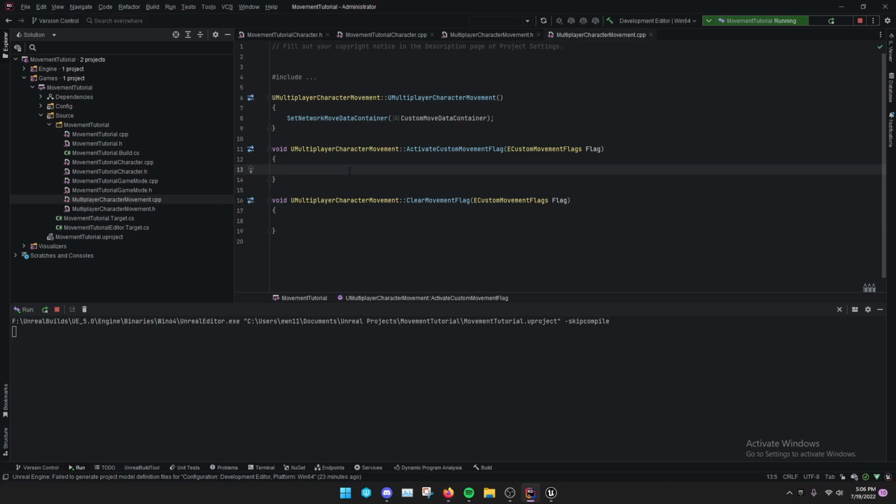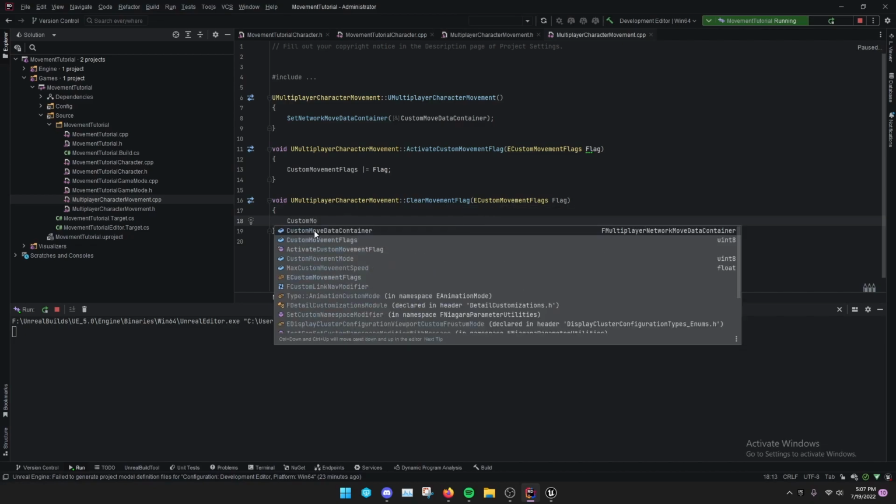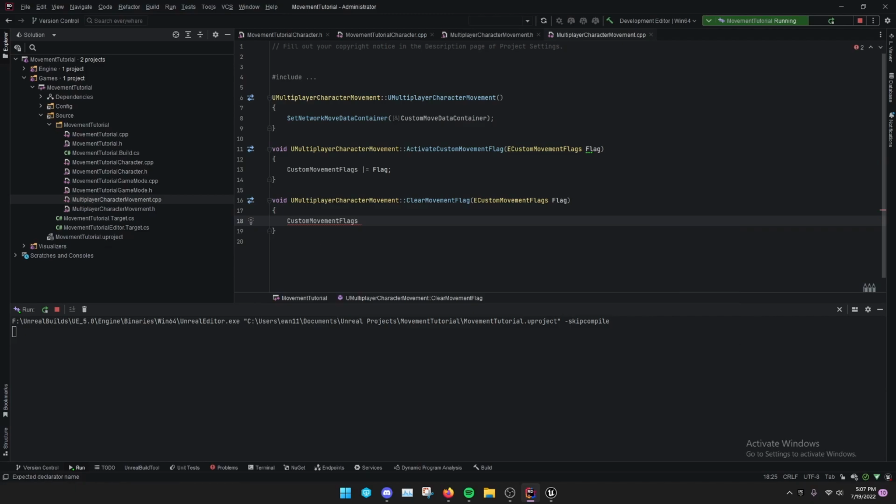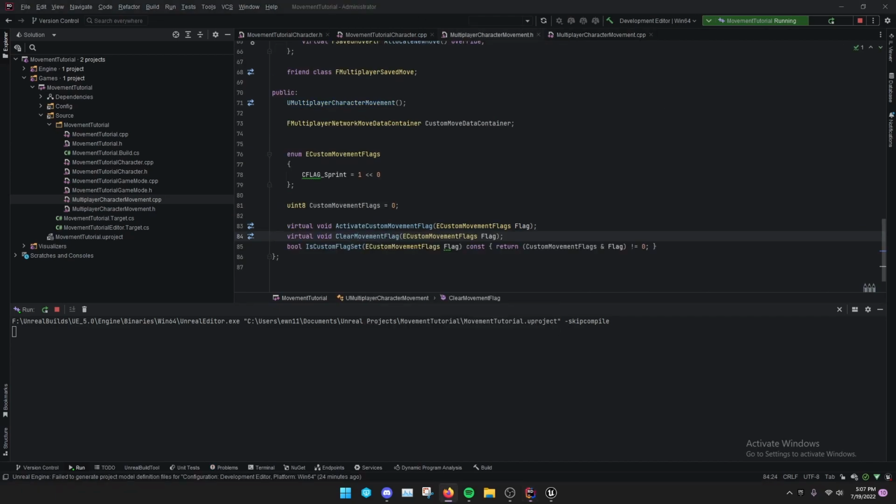And once we do that, we can do custom movement flags. This writes the flag to the integer. So flag, and this is how we'll clear the movement flag. Custom movement flags. Do that flag, and now we have that set up. And we can move on to our next thing, which will be overriding some more functions from the default character